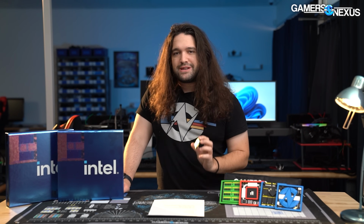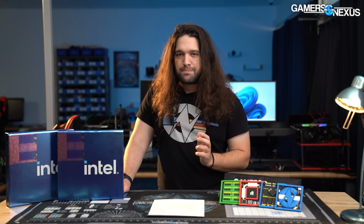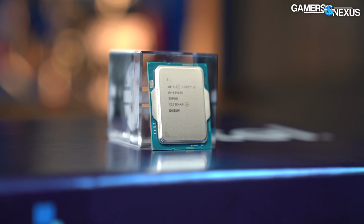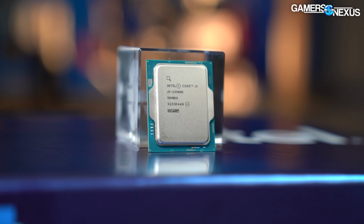So for the 13900K at $600 to $660, the value is pretty rough. It does actually produce gains generationally. Intel struggled for like a decade to produce any gains because everything was 4 cores always, but they've got gains here. The biggest reason for that though is sucking 300 watts out of the power supply to sustain an all-core workload. And that means anytime you're planning to be running this thing under sustained all-core workload, so that's not gaming,